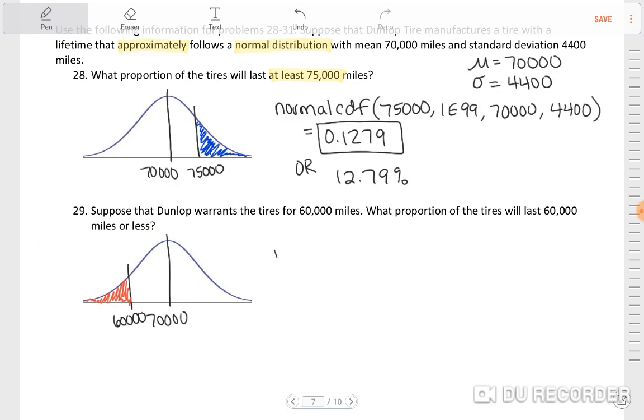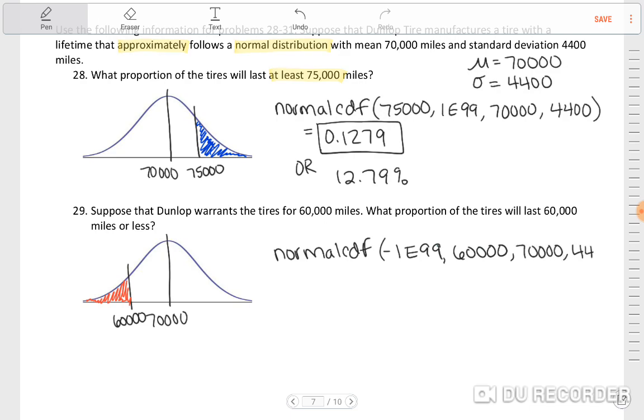So again, we're going to do our normal CDF. My minimum x value this time is negative infinity. My maximum, 60,000. And then my mean,